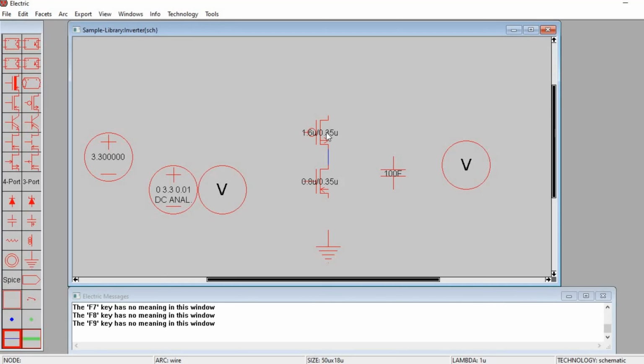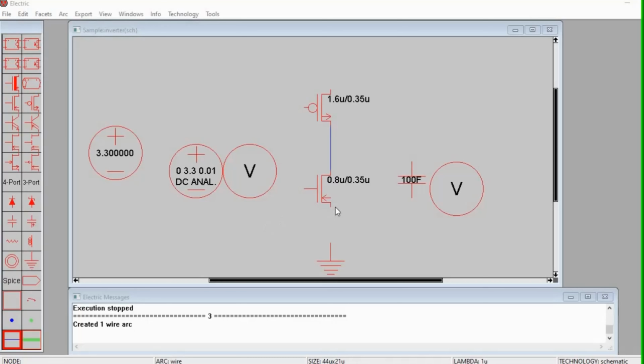You can also drag the values outwards. So we'll just continue with the connection of our circuit. So if you want to drop the node, so just release the right mouse button.